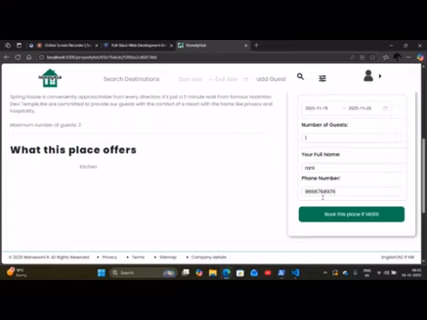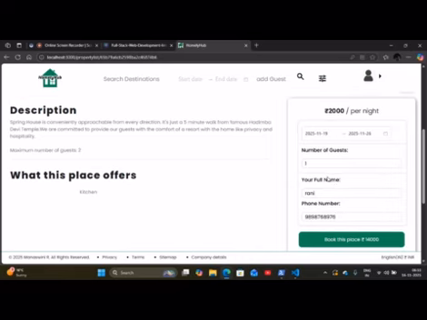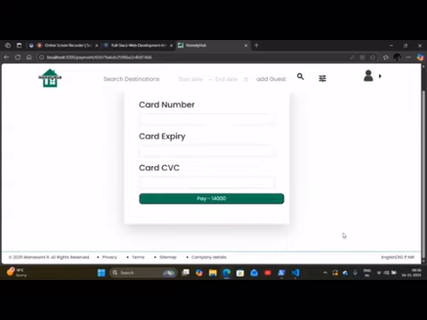Since we are taking a long duration, from 19th to 26th, and it's 2000 per night, this is going to be the entire cost, 14,000. So when I say checking again,